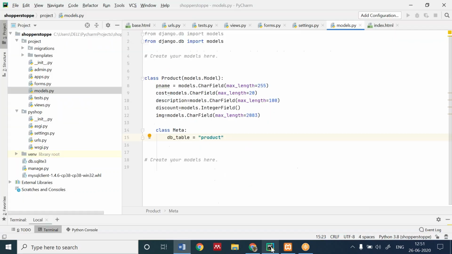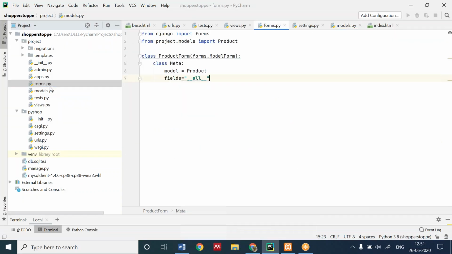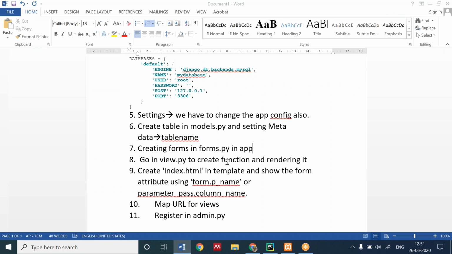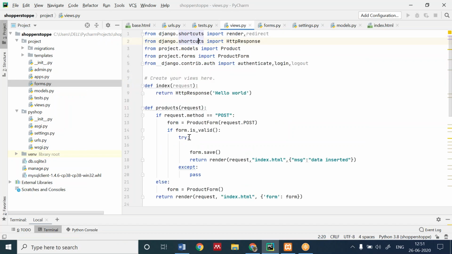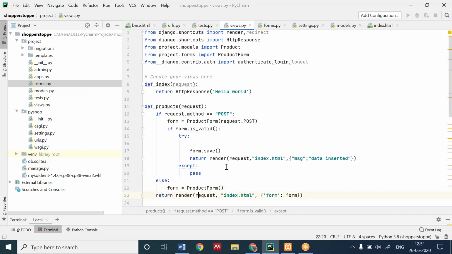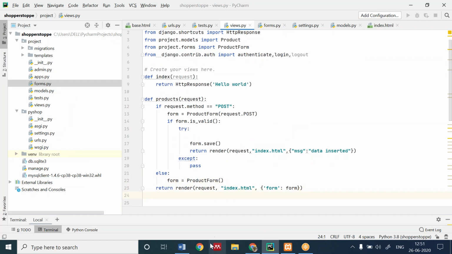Now, creating forms.py, I have created forms of all the fields which I have mentioned in the models. Next is going to views.py to create a function. We have created a function, product, and we have rendered the request to the page we wanted.